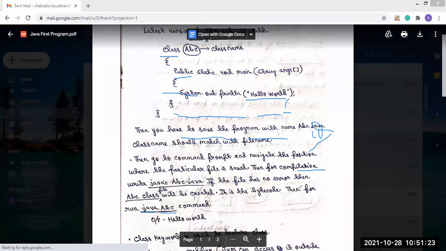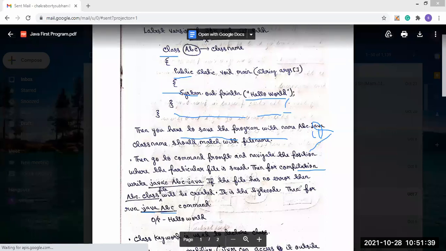Until and unless we give it public, the JVM cannot call this method. So always remember that for main we use public.